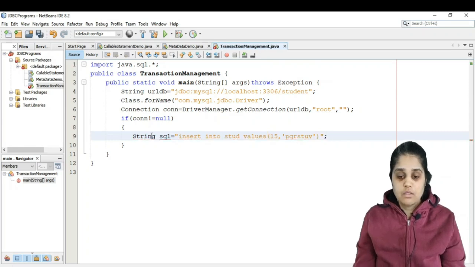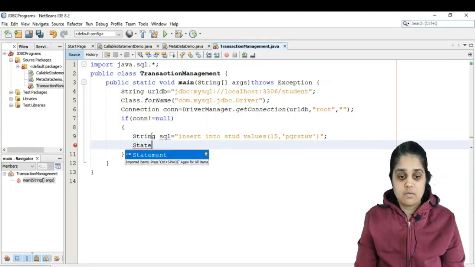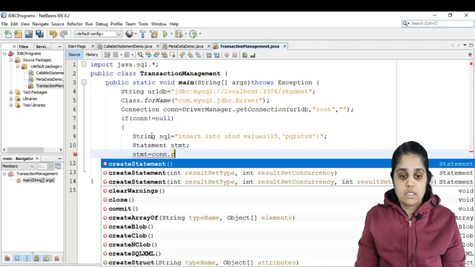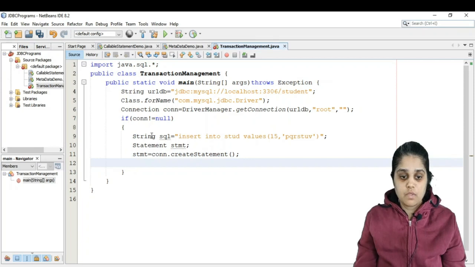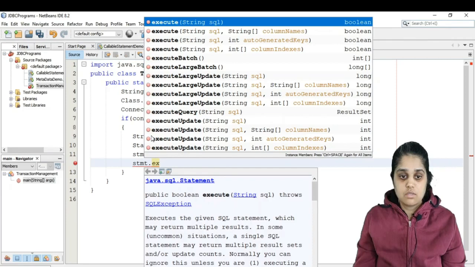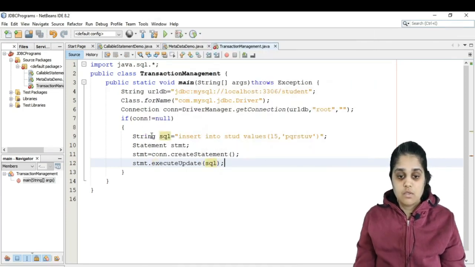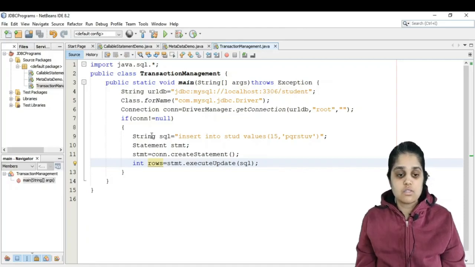Now I will create a statement: stmt is equal to con dot createStatement, and stmt dot executeUpdate, because I am inserting in the table. So I have executed and it is going to return rows, that is the number of rows affected. If I don't store it in rows, it's okay, because I'm not going to use it further.